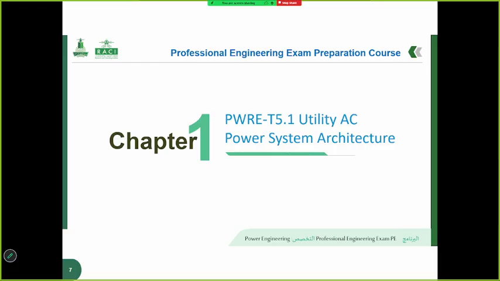The session focuses on key components such as generation units, transmission lines, substations, and distribution systems, highlighting their roles within the overall power system architecture. In addition, it emphasizes system reliability, voltage levels, grid interconnections, and the importance of maintaining stability and power quality in